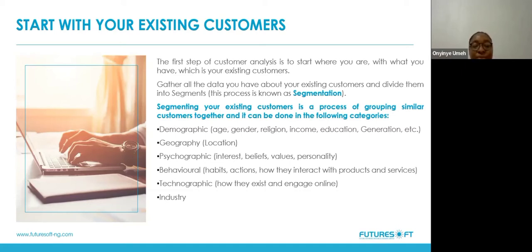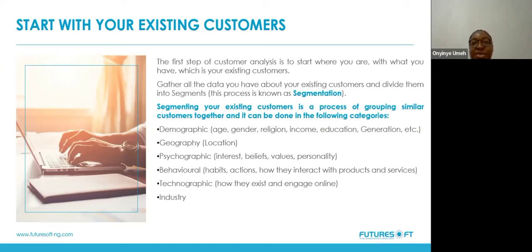So you can use demography, you can use geography, which is where they are located. You can use psychography as well. And what this really is, is what their interest is, the things that they are passionate about, the things that they talk about, what they value. With this, you'll be able to know the sort of discussions that you should get into. If you are a company that does probably CSR, or you just talk about happening topics or trends, you'll be able to know the specific ones that target the people who are in your audience segment.